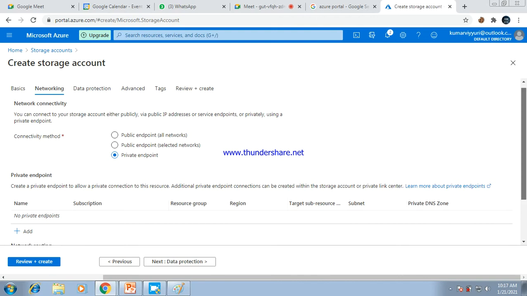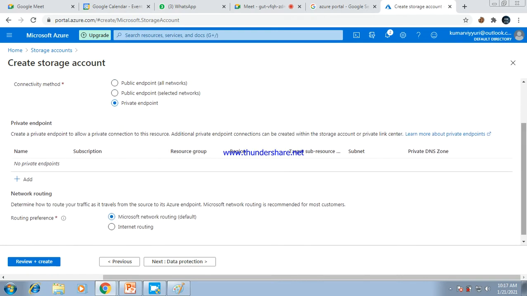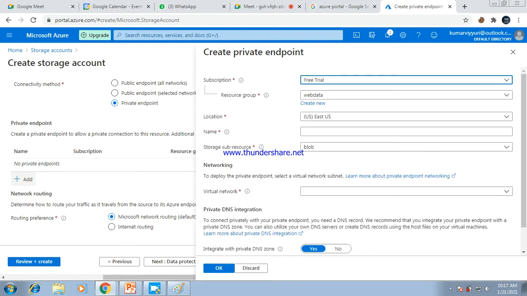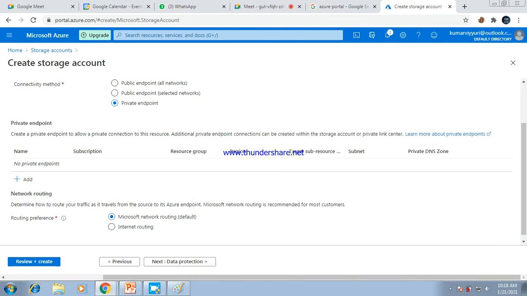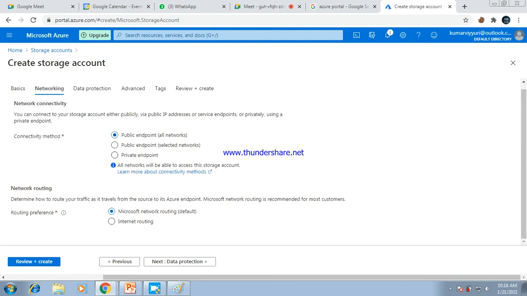For example, you have a dedicated virtual server or an on-prem server, you can add the server here itself and create a virtual endpoint, and that endpoint you can also create here and give to the storage account. So this is the third option. Depending on the company scenario, you assign the connectivity method. In this scenario I will give the public endpoint.